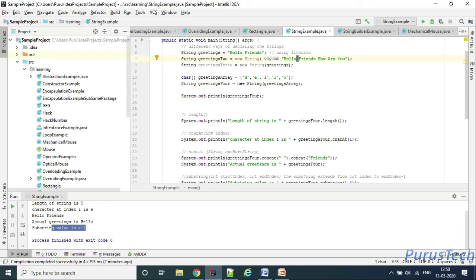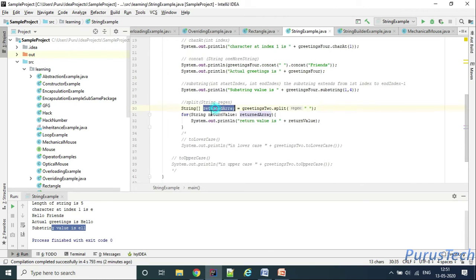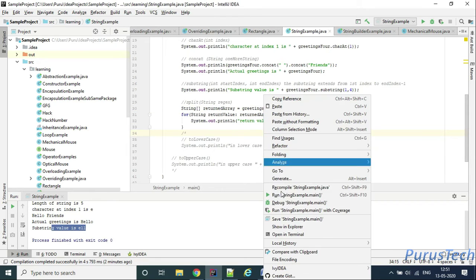How many words? 1, 2, 3, 4 and 5, which I can hold in an array. So the returned array will have 5 values. Let's try to run this.